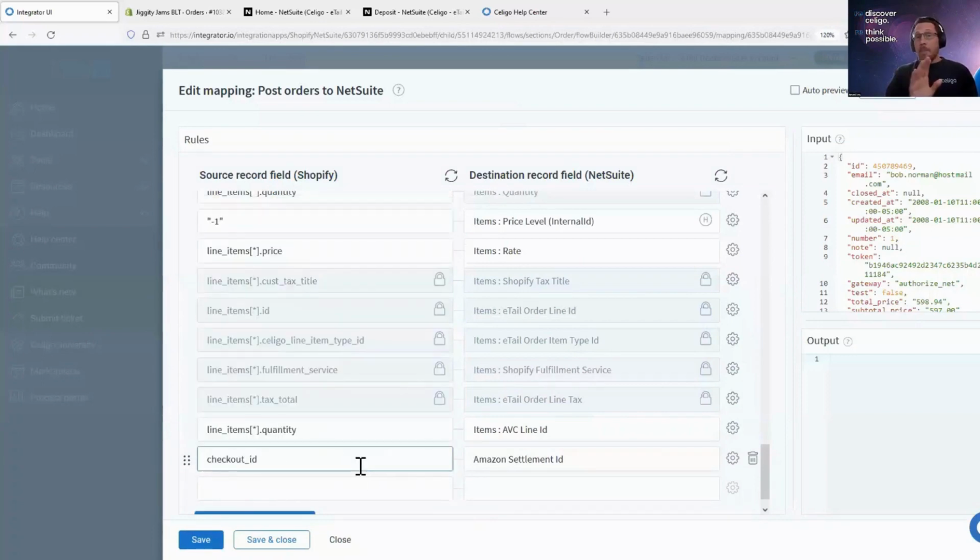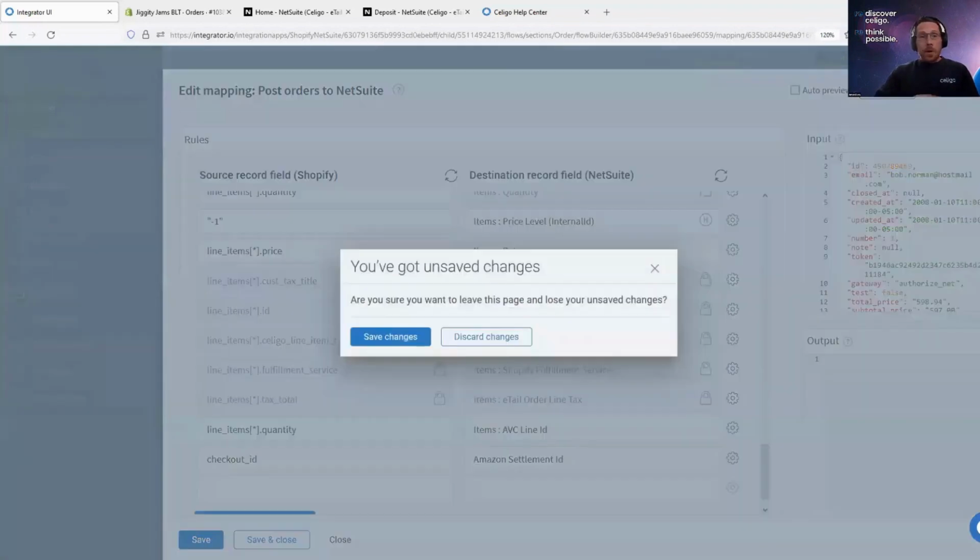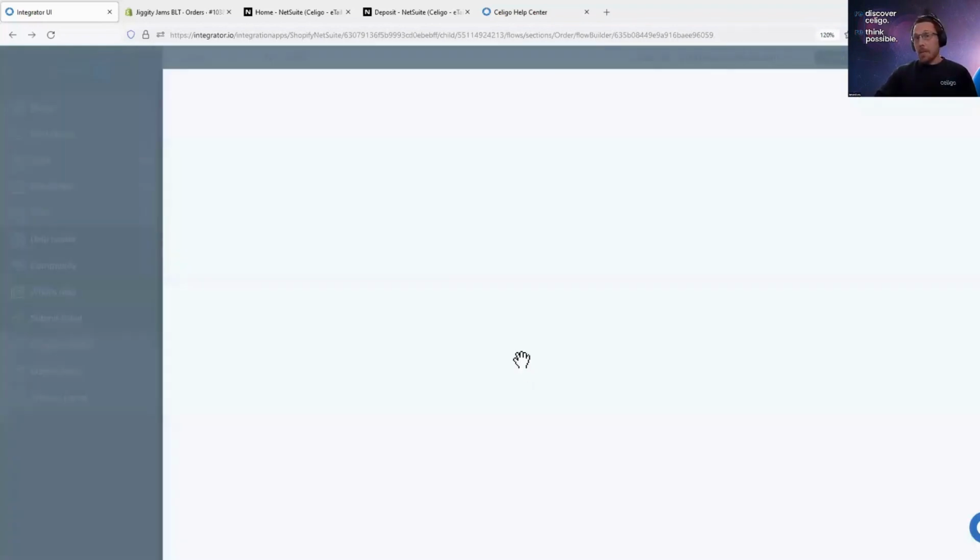So just like that, I'm handling mapping changes. I'm not a technical user in this instance. I'm just a business user. I know the field names. I can add them here. If you have a technical user that's more entrenched in technical handlebar expressions or scripts, we have those resources available within our platform for those more technical users. Okay, so just wanted to take you through what a little mapping exercise would look like between the different objects